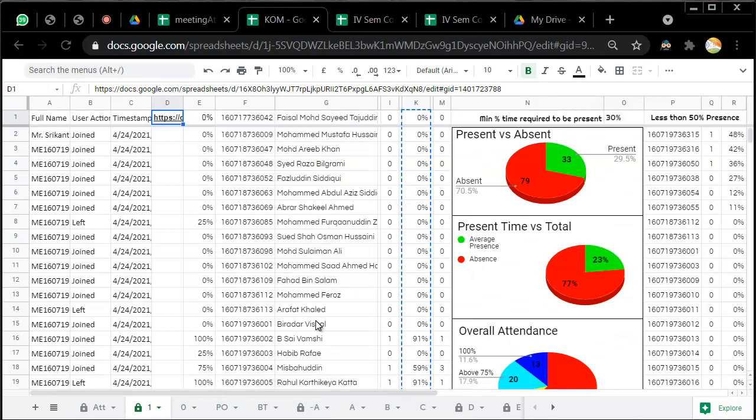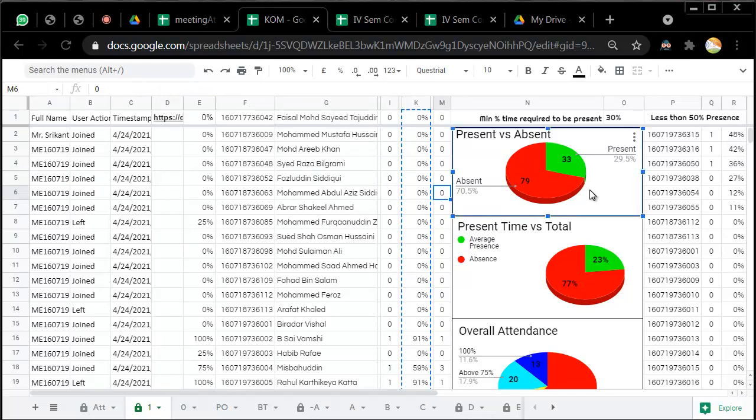Now coming to the third part, and here I'm just going to explain what tools I have created and what kind of analysis is done by this file, and how the results of this analysis can be used for monitoring the students and mentoring them accordingly. So this particular part is where we have copy pasted, and these 3 columns are generated. This you have already seen.